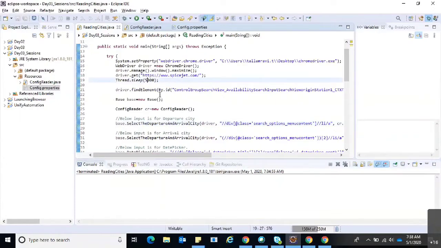And for time being, I just need to mention implicit wait. Anyway, I didn't discuss about that yet. It's okay. As of now, I will increase this sleep to 7 seconds. Okay. And then I'm running it.